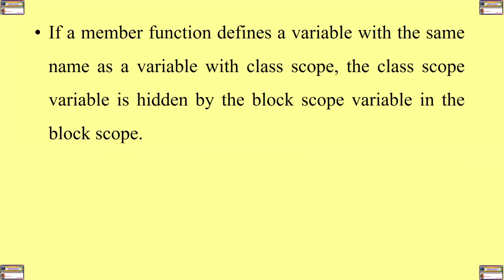If a member function defines a variable with the same name as a variable in the class scope, the class scope variable is hidden by the block scope variable in the block scope. In other words, if you have defined a method within a class, and within that class we have a member which has been defined outside of the method, but within the class,